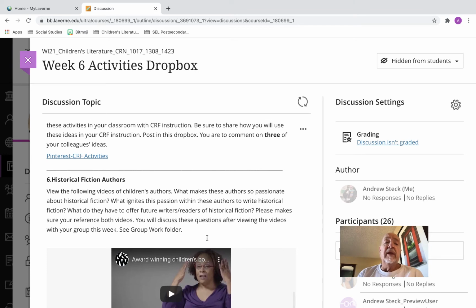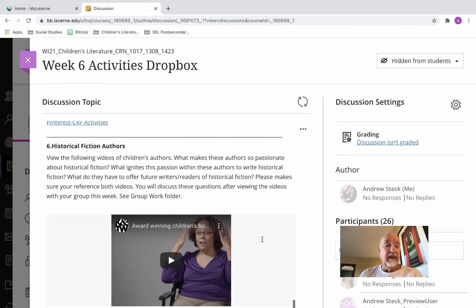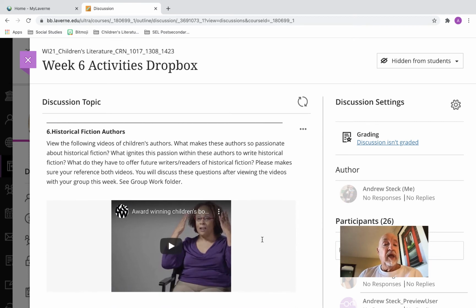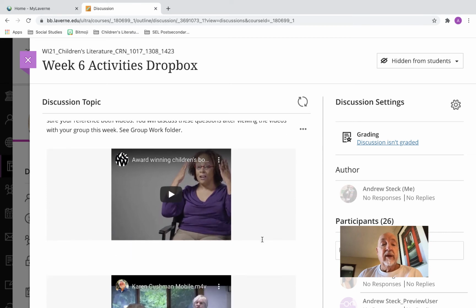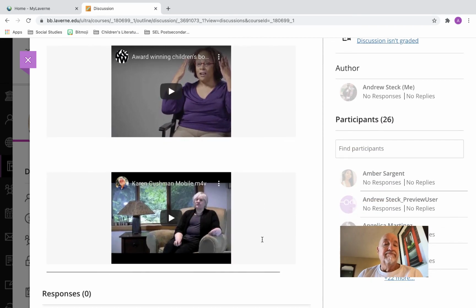Then let's look at a little historical fiction. That is Chapter 9, I think, in the 9th edition. If you want to browse through that, it's also in the 8th edition, but I'm not exactly sure what chapter. I'm sorry, I should know that. I don't have that textbook in front of me, but I do know it's in the 9th. You are to view both of these authors' videos,